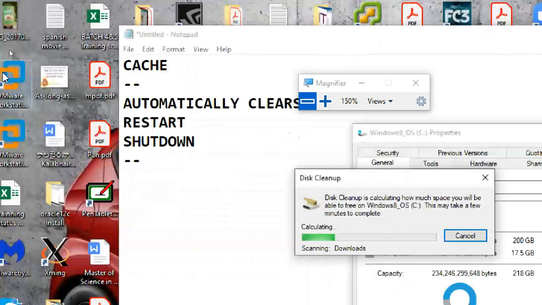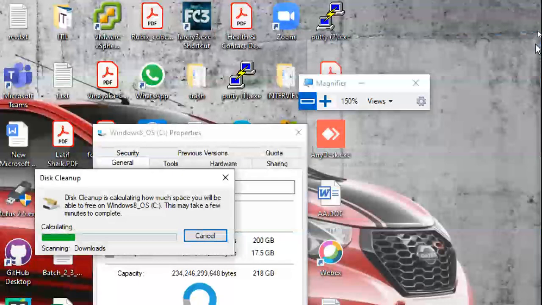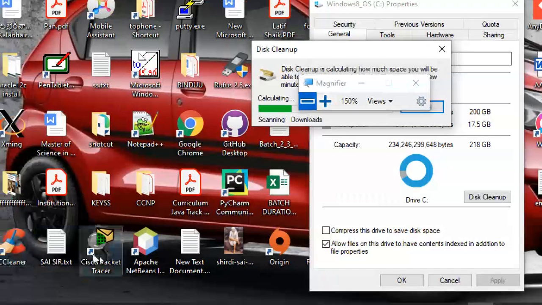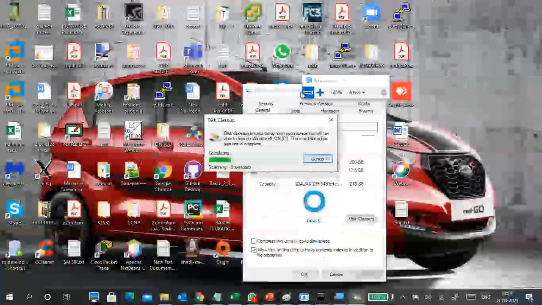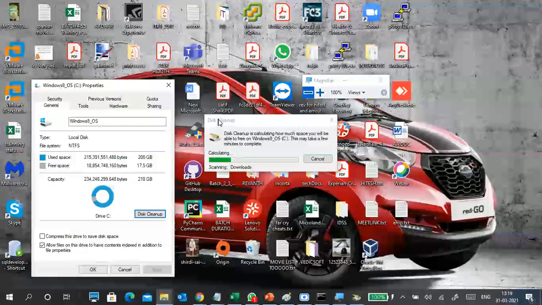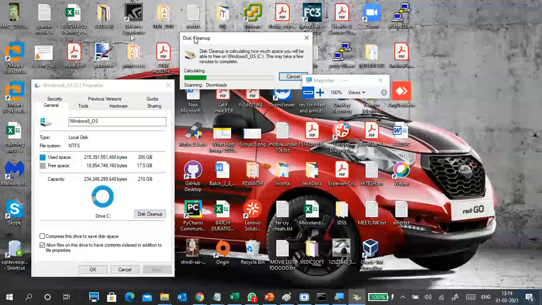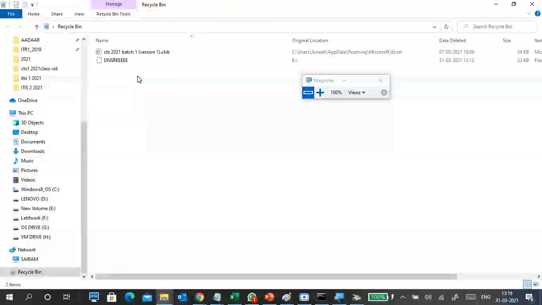One more is there, recycle bin. Somewhere my recycle bin is gone. Maybe it is in the back of this one. Yeah, this recycle bin. So make sure that you clear up the recycle bin also manually.